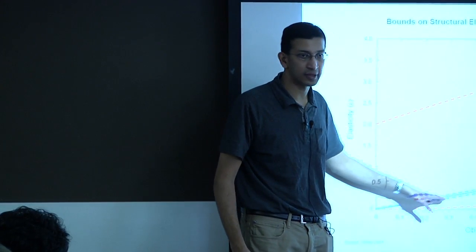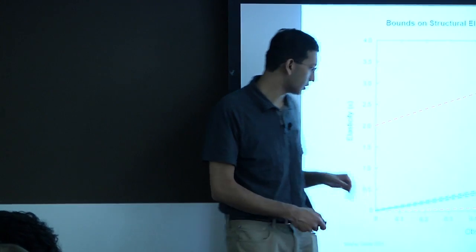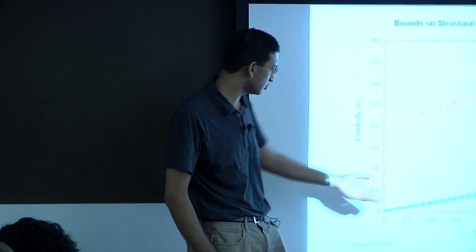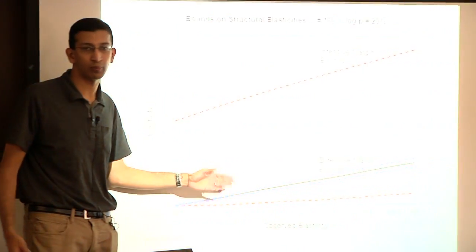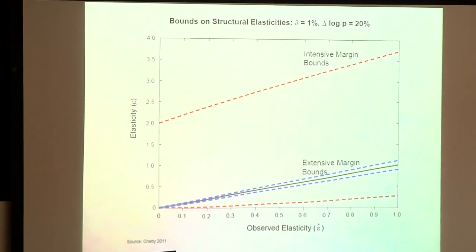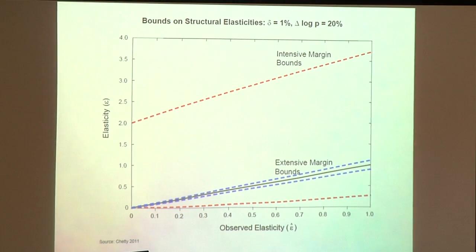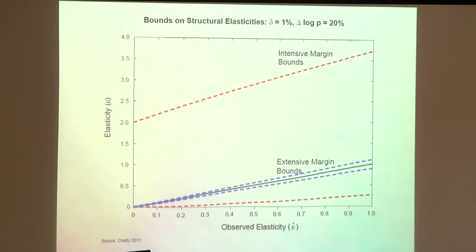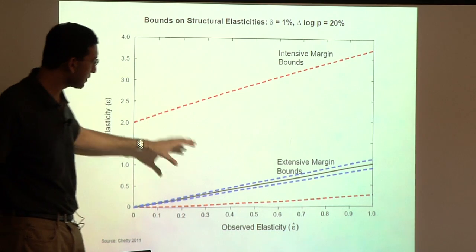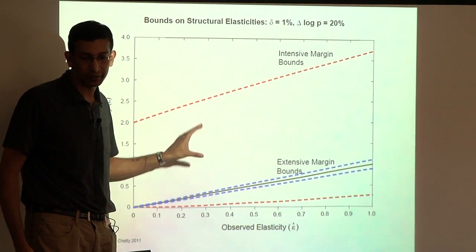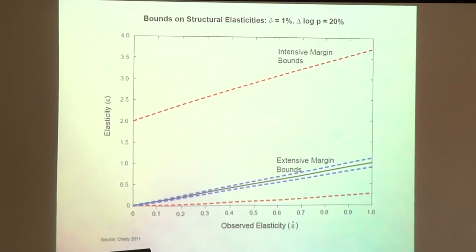But here's the interesting thing. On the extensive margin, as you can see, the bounds are incredibly tight. If you estimate an elasticity of 0.2, you basically know the structural elasticity has to be between 0.18 and 0.22. That is, there's very little deviation of the observed elasticities from the structural elasticities. Why is that? It comes back to the second order utility costs point. On the intensive margin, the costs of not responding to a tax change, as I showed you with some examples like from TRA 86, are incredibly small because you're close to the optimum. On the extensive margin, they are very large. In fact, they're first order.